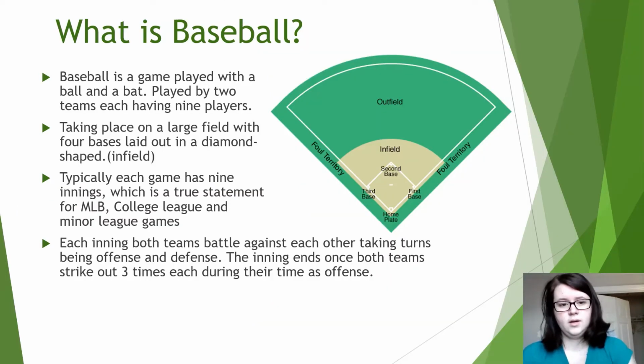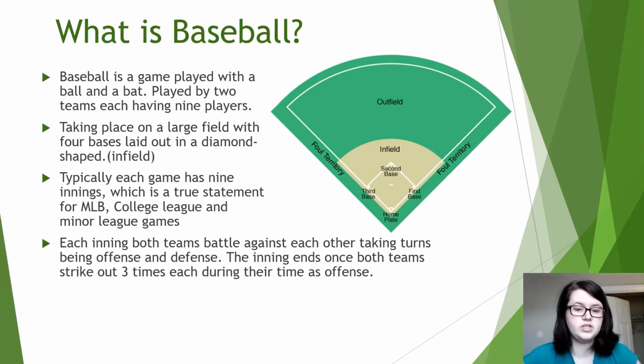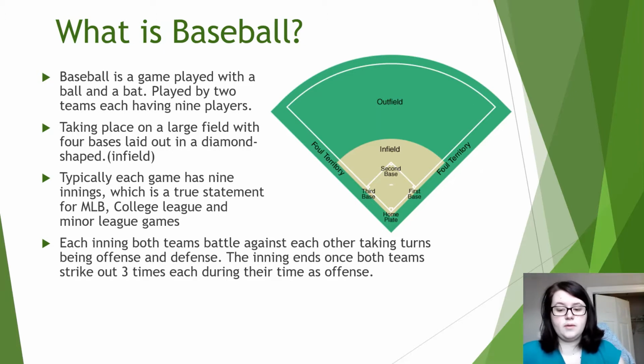What is baseball? Baseball is a game played with a ball and bat, played by two teams each having 9 players. The 9 players each have their own position, which is the first baseman, second baseman, third baseman, catcher, pitcher, and then we have 3 players in the outfield, which is the right, left, and center, and then we have the shortstop. The shortstop positions himself between the third and second baseman, and the shortstop's basic duty is